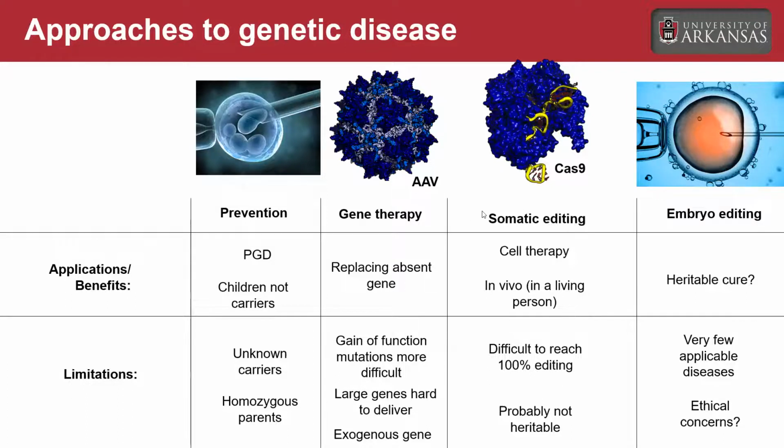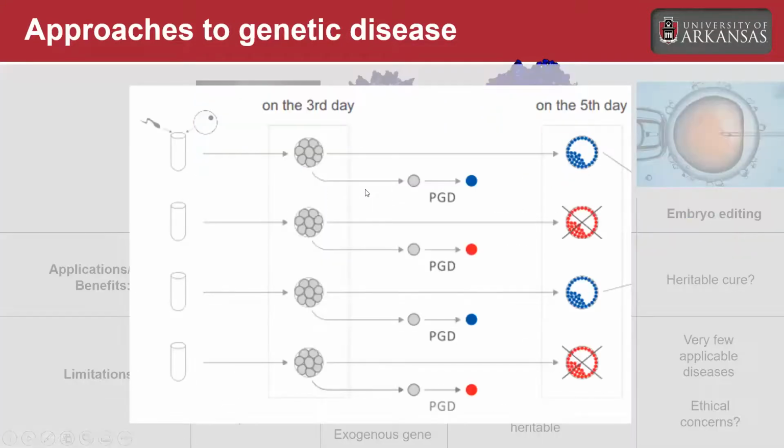So I won't go through this whole table, but this is sort of like a decision matrix on when to do certain ones. But an important point is we do have this other competing technology called pre-implantation genetic diagnosis. So assume that you knew two people who wanted to have a child. They were both carriers of cystic fibrosis, and they wanted to have a child without cystic fibrosis. They can do in vitro fertilization, select embryos that are lacking the mutated gene, and they can even have a child that does not carry the recessive trait along to the next generation, effectively eliminating cystic fibrosis from